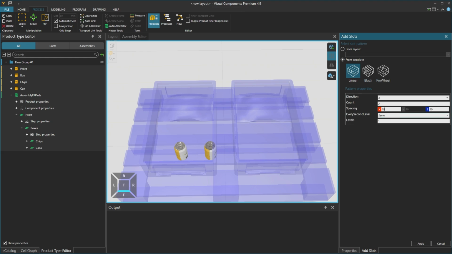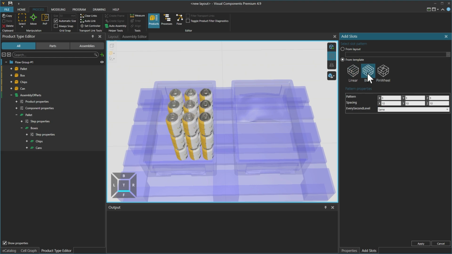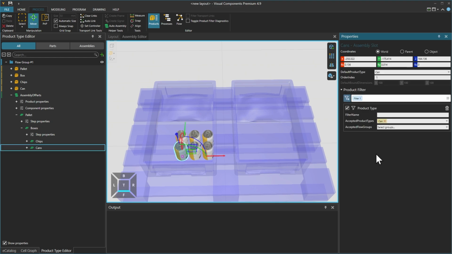We can add a spacing of 10 between the slots along the X axis, and then increase the count to, for example, 3. We could also use a block pattern with 1 on the Z axis, 2 on the Y axis, and 3 along the X axis, and then click Apply.